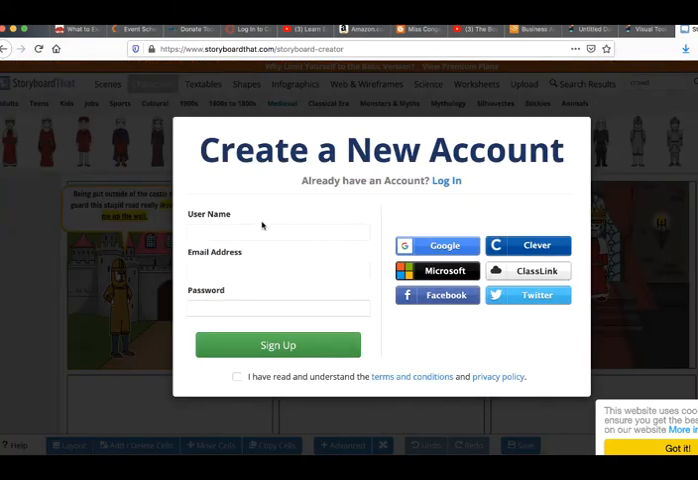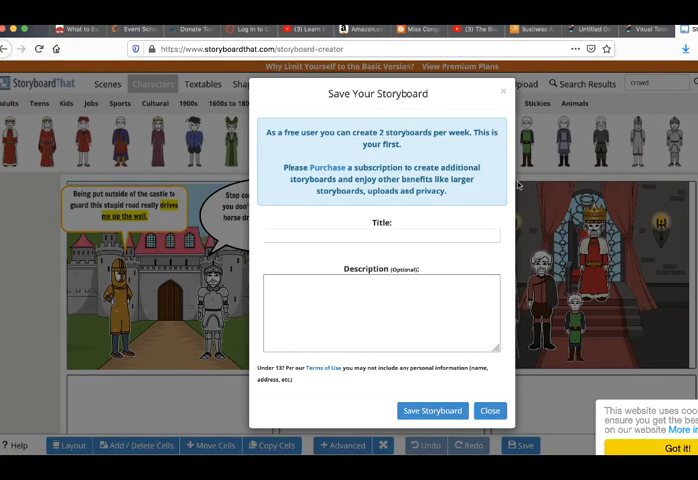And then if you don't have an account, you need to make one. It's still free, but you can use your Saddleback email address, but just come up with a different password. You don't want to put your Saddleback email password. So once you log into your account, you're going to get this. It says as a free user, you can create 2 storyboards per week. Okay? And this is your first. And then purchase a subscription if you want to do more storyboards, and you get a lot more cartoons and things like that. But you don't need to do that. You are just going to do it for free